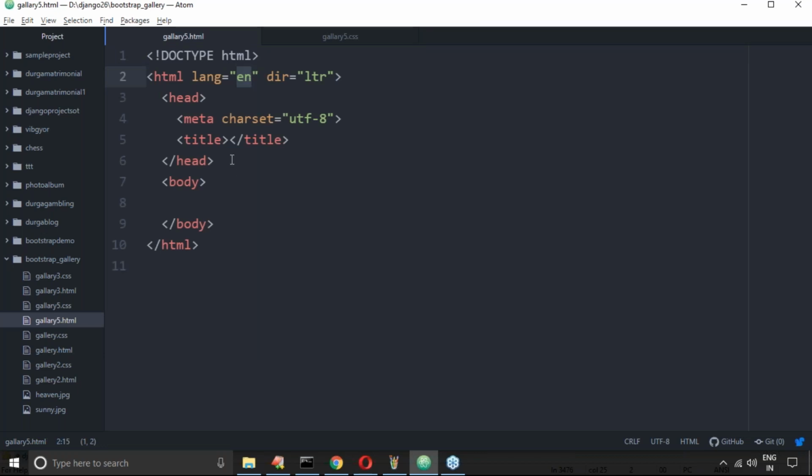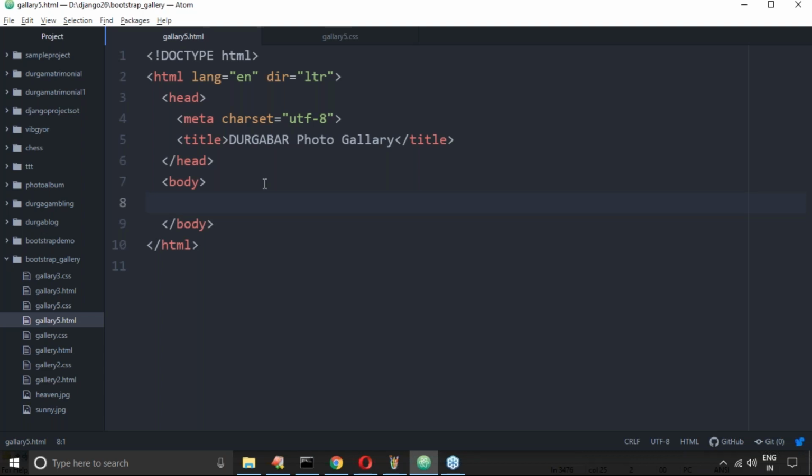Now here I'm trying to take a Durga Maa photo gallery. Up to this is okay. Now my requirement is that we are going to use bootstrap CSS, don't worry.